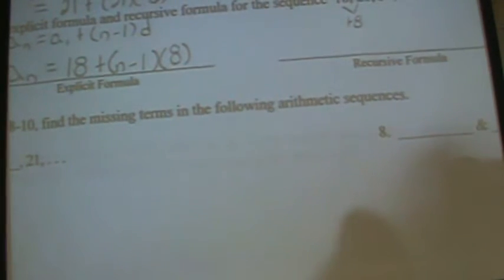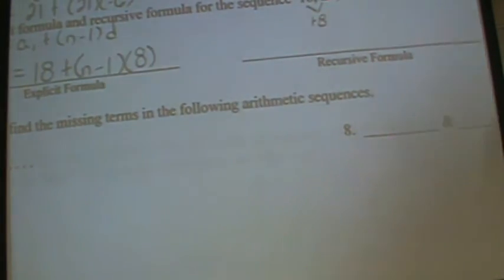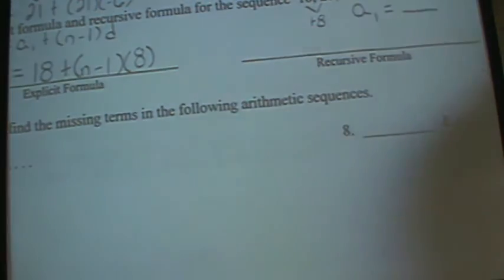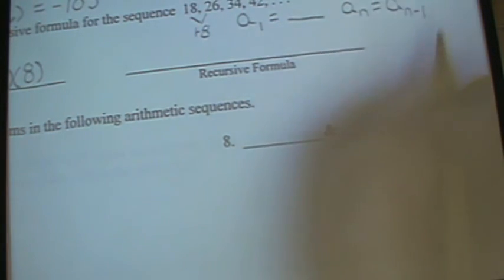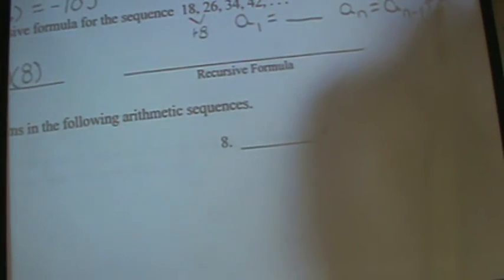Our recursive formula now, remember, is a1 equals a blank, so whatever our a1 value is. And then you have the second part, which is an equals an minus 1 plus d. So for our recursive here, we have a1 equals